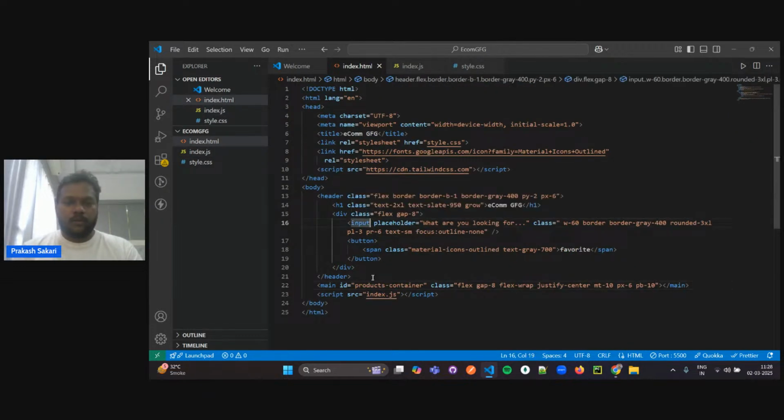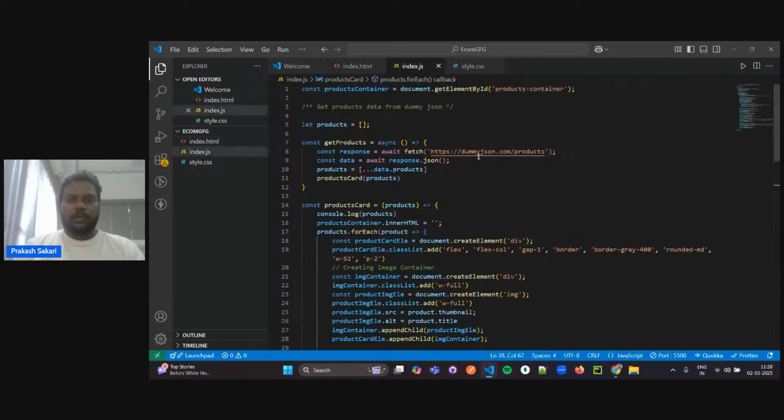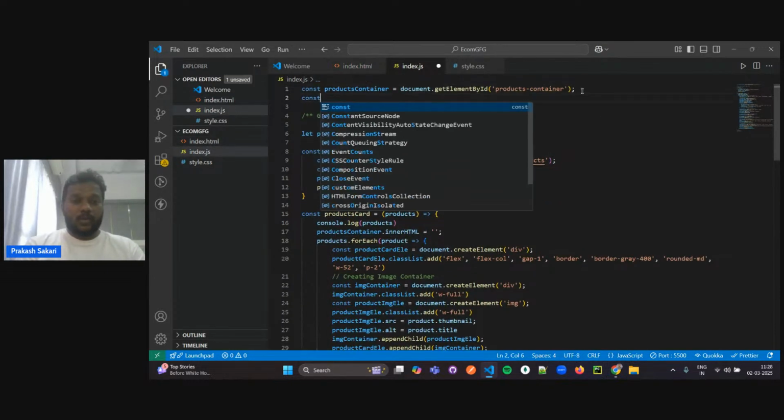It says what are you looking for? I'll just create an ID over here called search. There's no need for search-input. Obviously it makes it clear that the search is what the user is typing. So